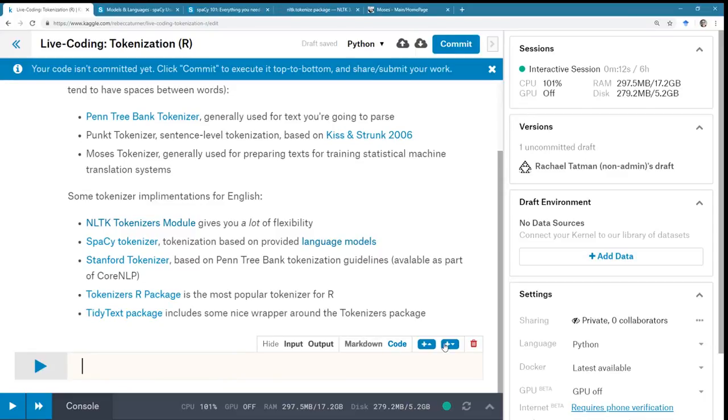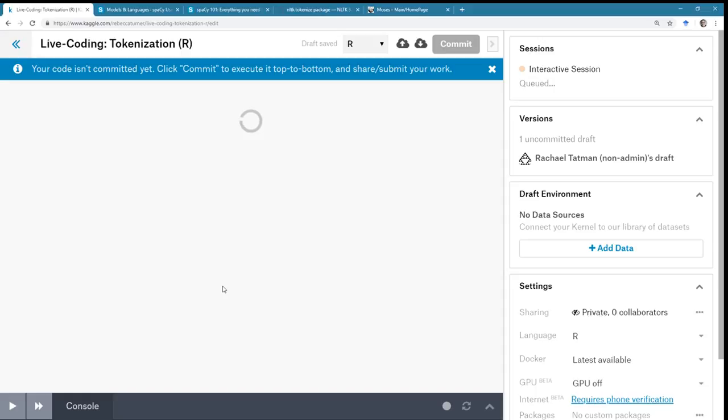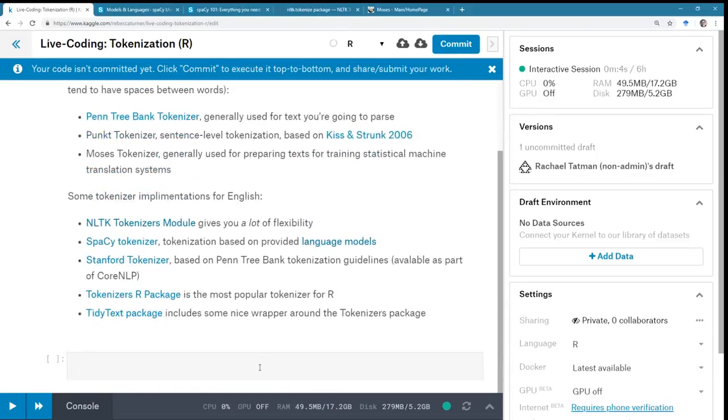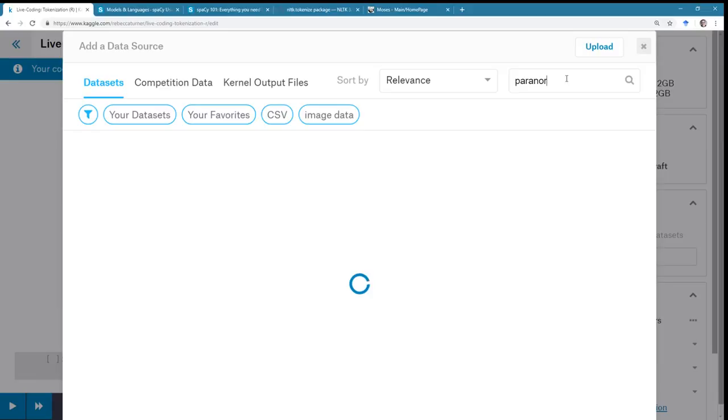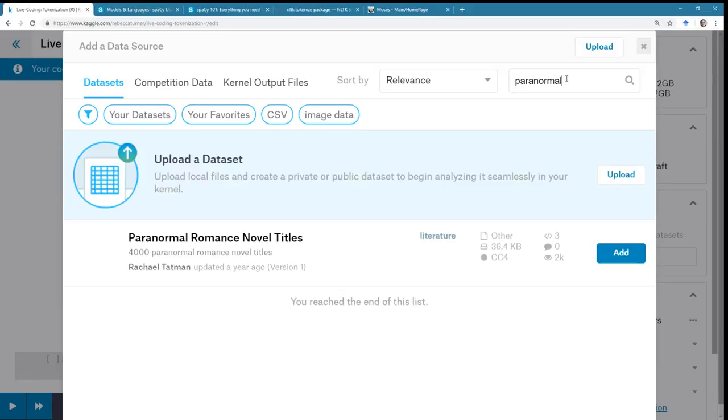R version. Oh, one sec, I gotta change the language to R. Okay, I know we've got tidytext in here. I'm pretty sure we have tokenizers in here. And I should probably add my data again. What was it? Paranormal romance titles?